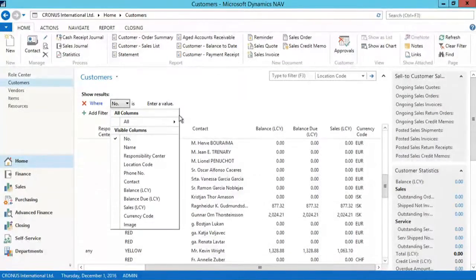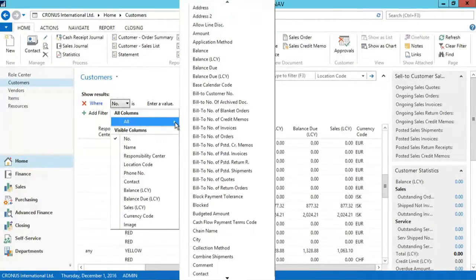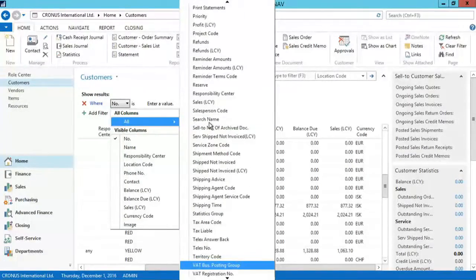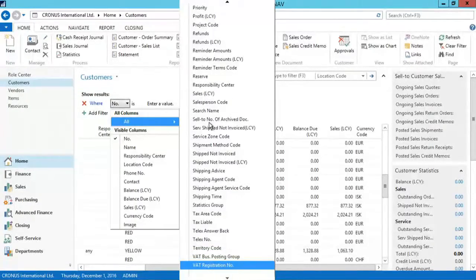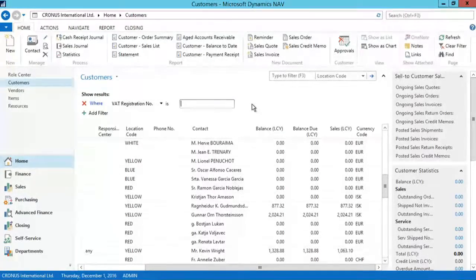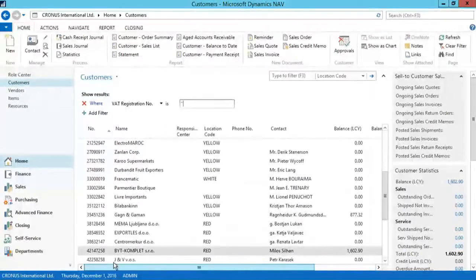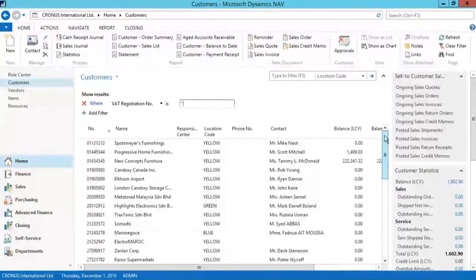But here I have the option to click on all, and this will give me now all the columns, so all the fields of the source table, so the customer table. And now if I click on V, the system will bring me to the first field starting with a V, and there the second one is VAT registration number. So now I can select VAT registration number, and if I enter two single quotes, which is the same for blank, you can see now all the customers with blank VAT registration numbers. You see? And so this is an example of how we can apply an advanced filter on a non-visible field